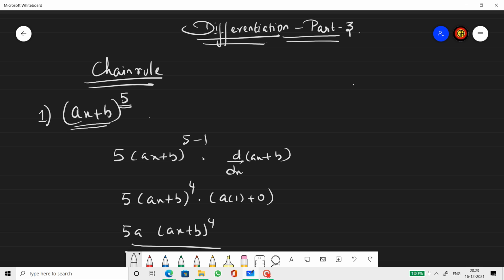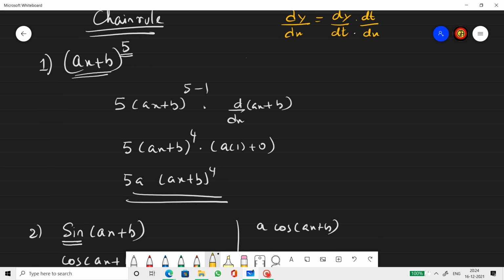Say, for example, there is no formula as such for chain rule, but we can take it like this also: dy by dx is equal to dy by dt into dt by dx. But anyway, I'm not going to use this while solving the sum. I'm going to simply explain by the basis of what is the primary function and the secondary function, and the differentiation will be carried on the basis of that.